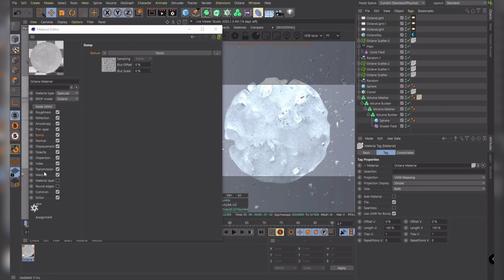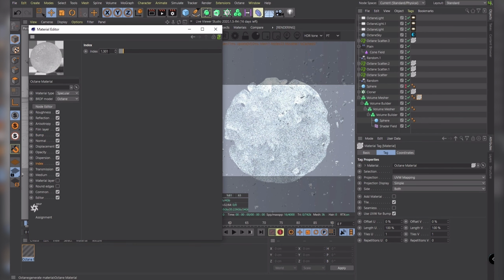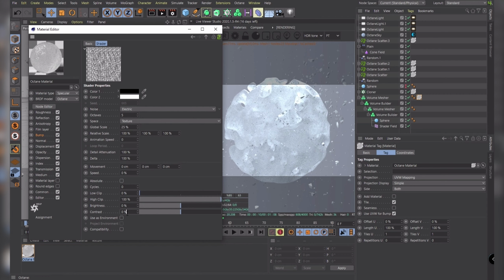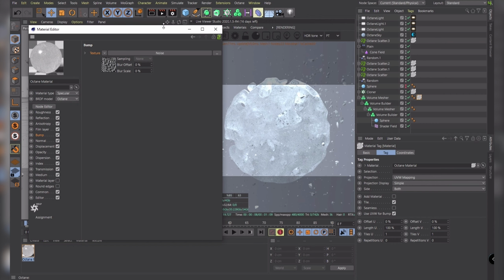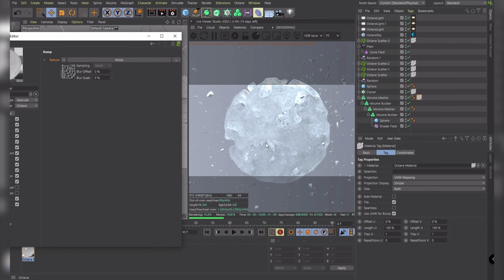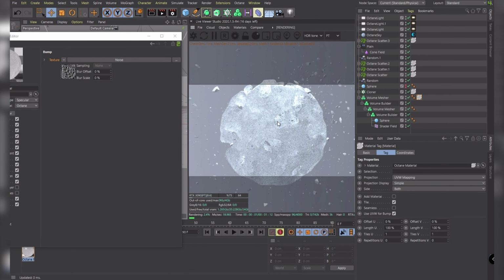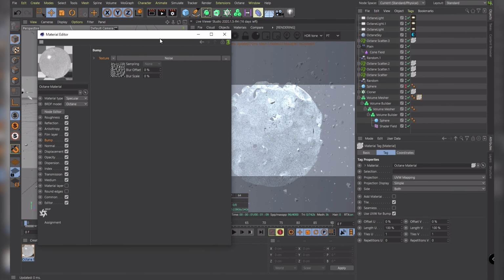Let's also go to the index. Maybe we can bump this up to 1.5. Doesn't really matter that much because it's a small difference. Maybe also in the bump we can increase the strength of this by adding some more contrast to the noise. So let's go with 60%. That makes it way rougher and also more obvious. And also you can notice the performance of the graphics card right now, because it looks great almost instantly, which is nice because this is quite heavy to render.